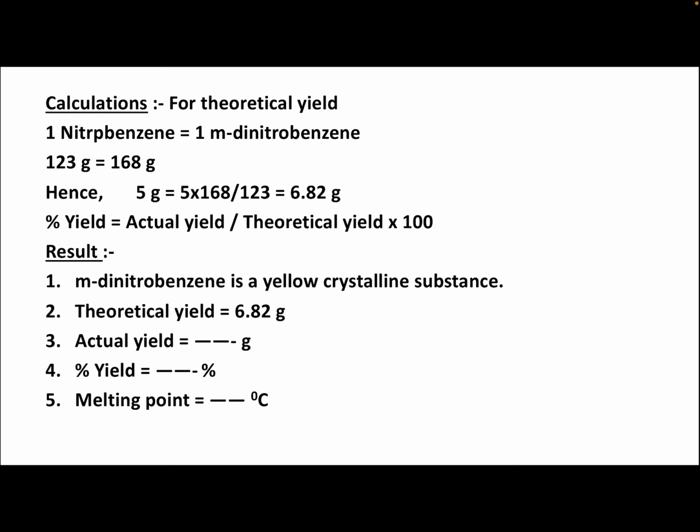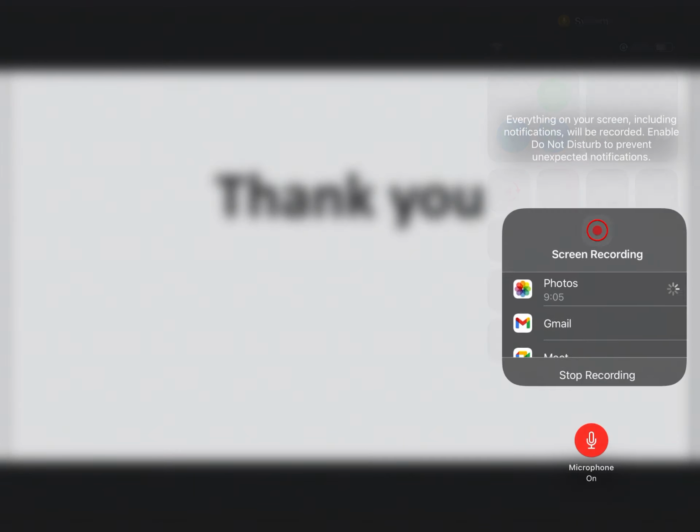Result: m-dinitrobenzene is a yellow crystalline substance. Theoretical yield is equal to 6.82 grams. Actual yield is dash grams, which you are finding out for the crude product. Percentage is equal to dash percentage. Melting point after the recrystallization is dash degree centigrade. We have to find out the